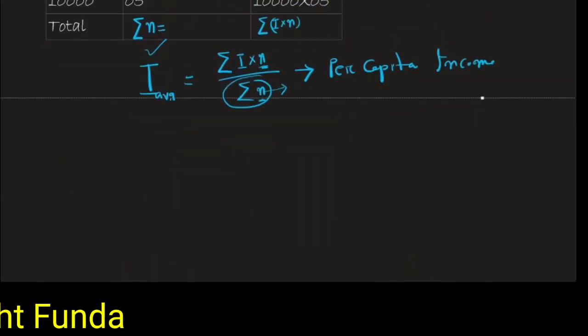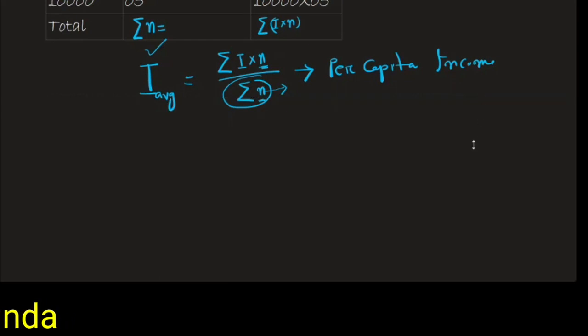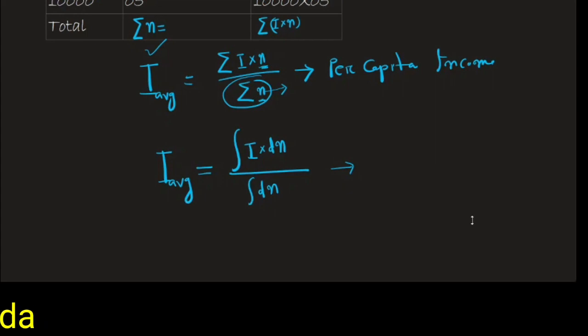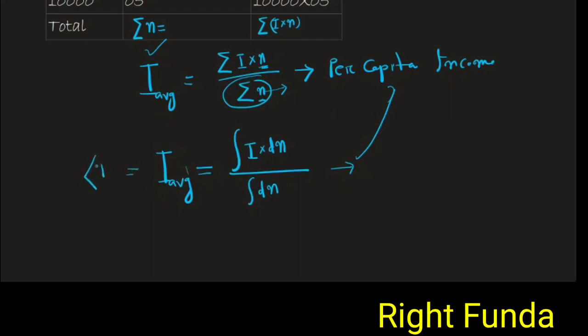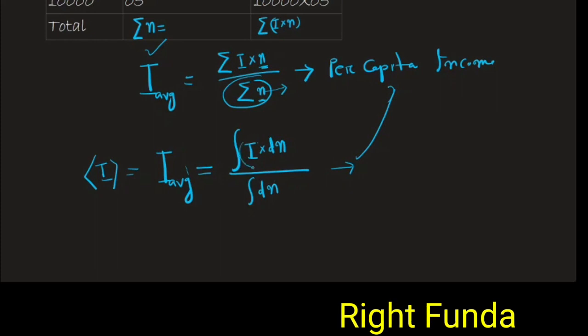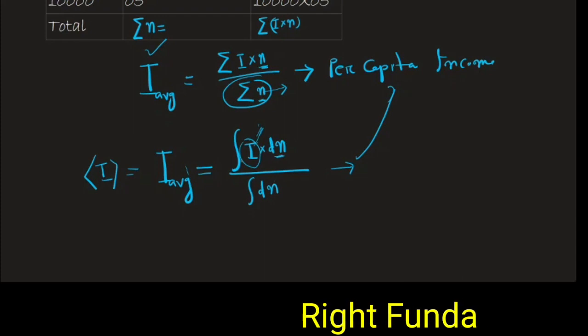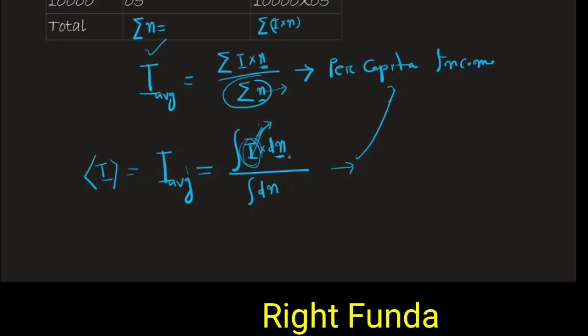Suppose the population is very large and the incomes are continuously varying, with different values. Then summation will be replaced by integration, and the average income should be like this, and we should call this the per capita income. But to average this, how should we know? This average income I equals the integration of I dn over the whole population, where I is the instantaneous income, for a small dn of population. So I must know income as a function of number of people, or number of people as a function of a particular income. Then I can integrate easily.